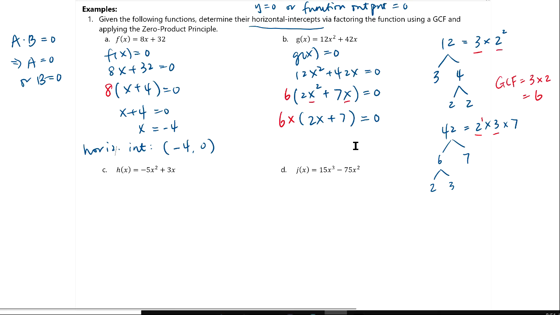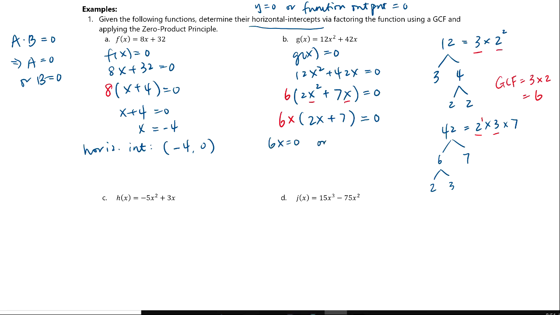And with this in mind, what we can get is either 6x is equal to 0 or 2x plus 7 is equal to 0. Based on this, we can see that if we have 6x equal to 0, x is just equal to 0 by dividing 6 on both sides. Or we can have 2x is equal to negative 7, and therefore x is equal to negative 7 over 2. Therefore, we really have two horizontal intercepts in this case,